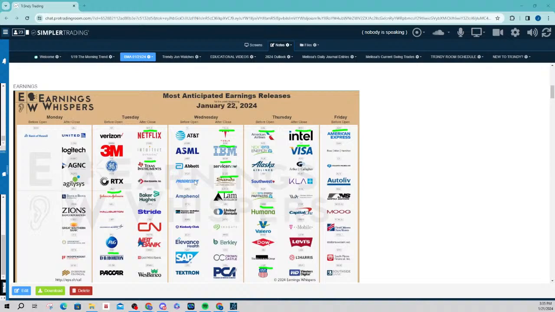So I don't think it's overly exciting, but we obviously have two important names there that tend to really make big moves, and that would be Netflix and Tesla. So, of course, looking forward to that. And we'll go over Tesla. I'll probably do a quick 2-minute video tonight to talk about Tesla and put it out on my X account.